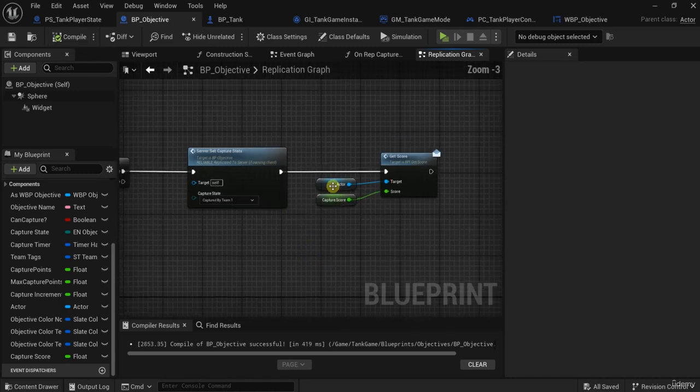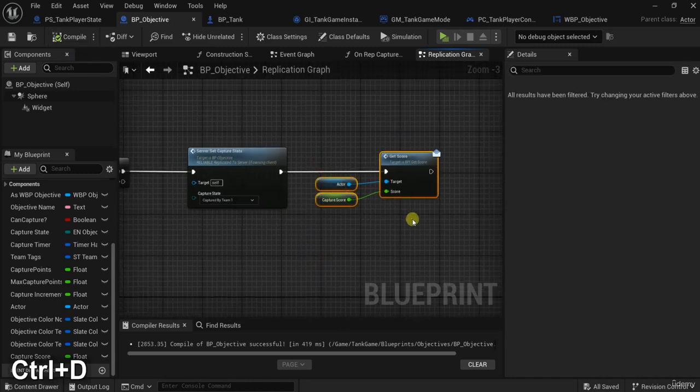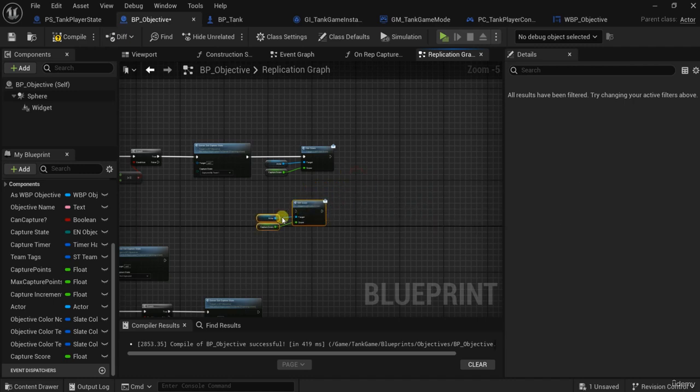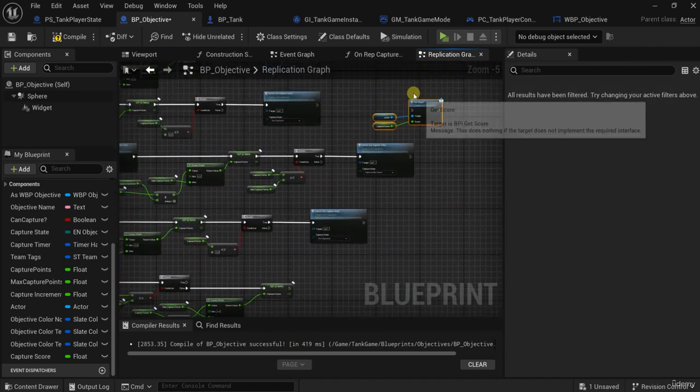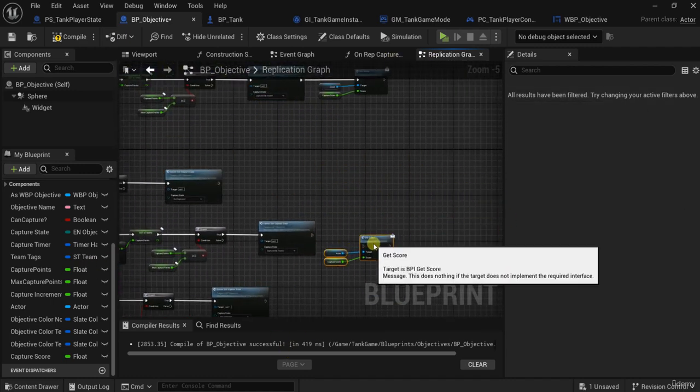Also the same thing will be done for the capture by team 2. Here after it is set to captured by team 2,